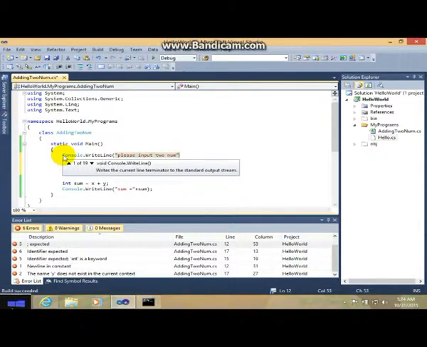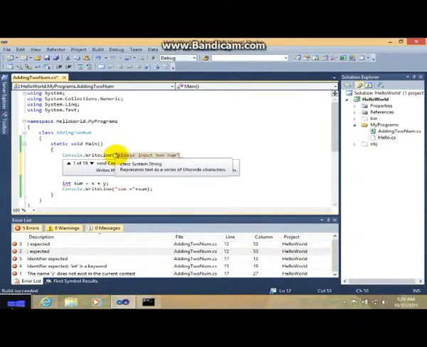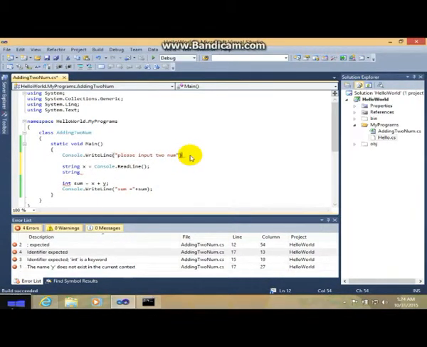And don't forget the quotation mark on the other side and this side, and the close parenthesis and the semicolon.